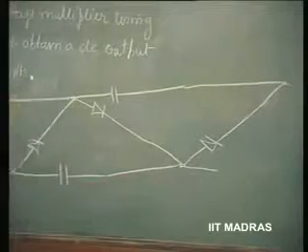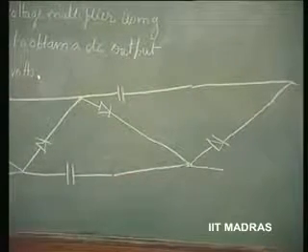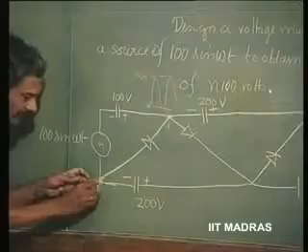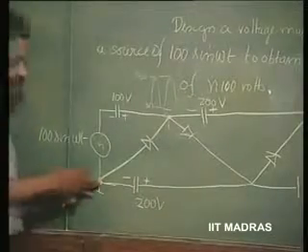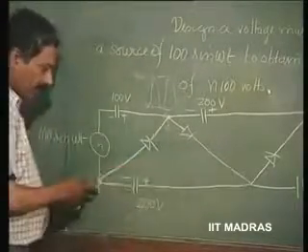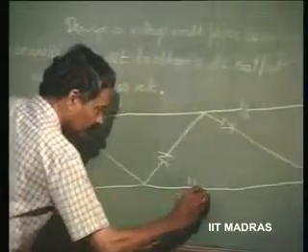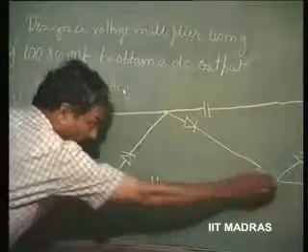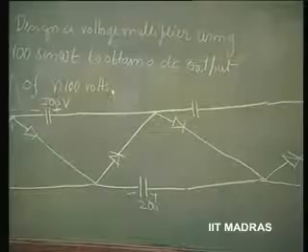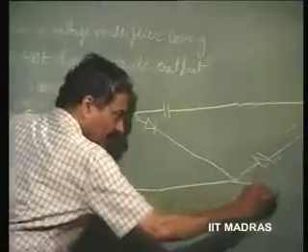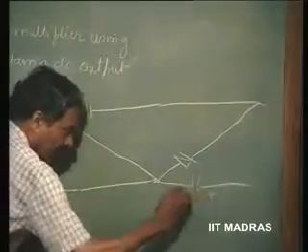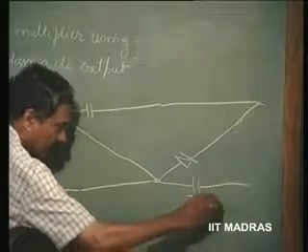So this pattern can be repeated, and now you can see if I take this as the ground, you have 200 volts here. From the same thing you would have 200 plus 200, 400 volts positive here. If I were to connect a similar circuit and then put the capacitor there, again 200 volts will be added to that.